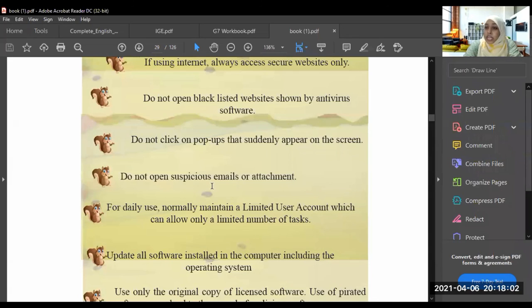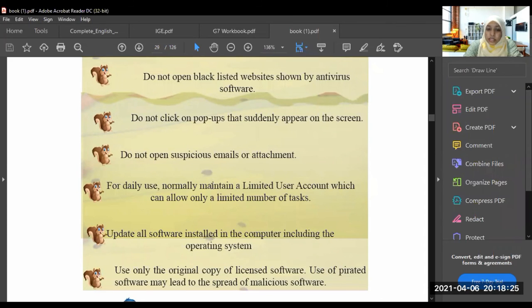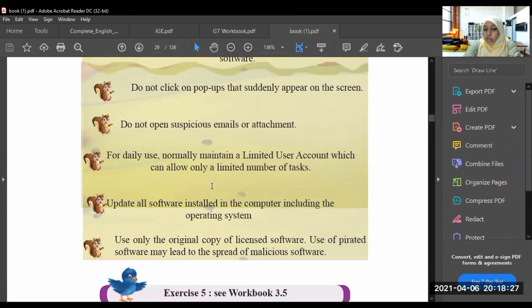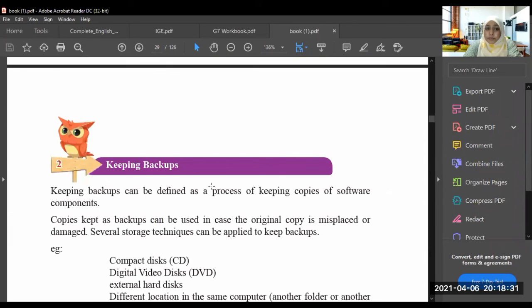Also the links. I told you there are some links coming to you through WhatsApp, IMO, whatever platforms, saying you have won an iPhone, you have won a car. These are not true information, right? So be careful when you are opening these links. And we learned many more things on how to protect our computer from malicious software.